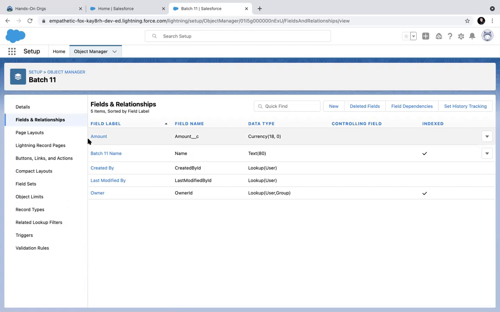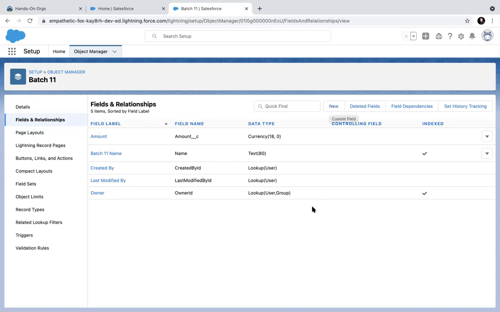Yeah. What if I want to make the amount field mandatory? What will I have to do? I will make it a parent. First and foremost, how will I put values into this table?